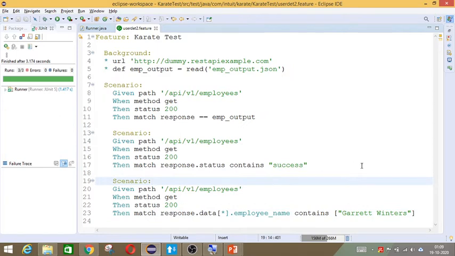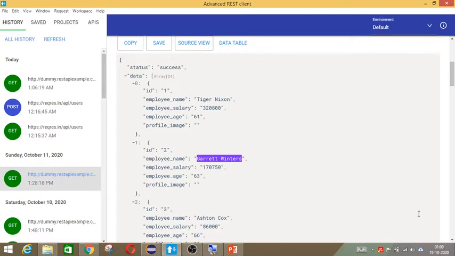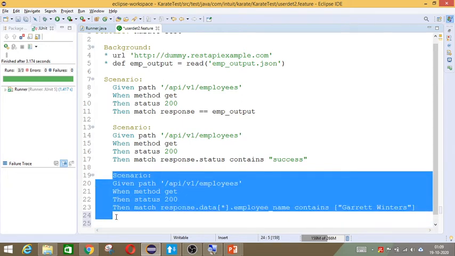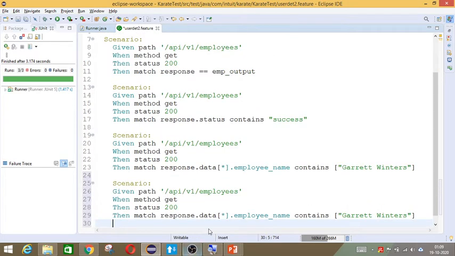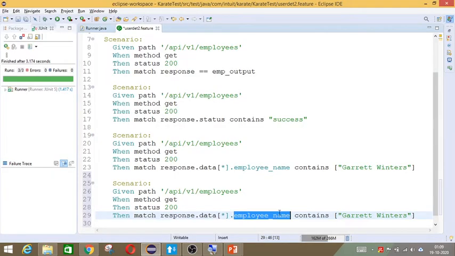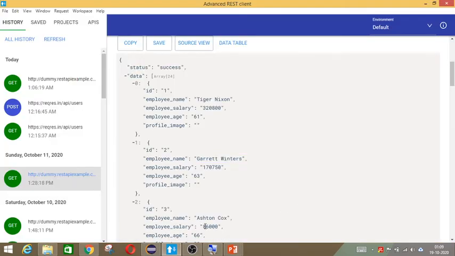So if at all you want the employee salary to be validated, how will we do it? Again, just select this in the same manner, right? So here, instead of employee name, we should give employee underscore salary. In this place of name, let us put salary, and contains. Let's take some salary which is available, which is 86,000.